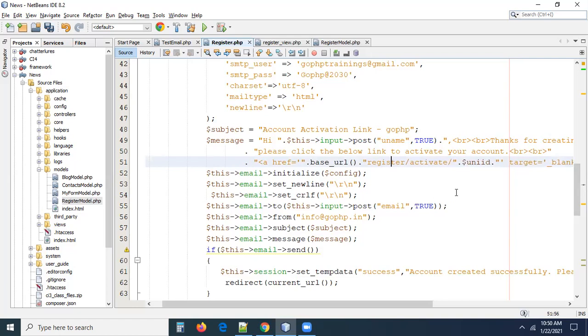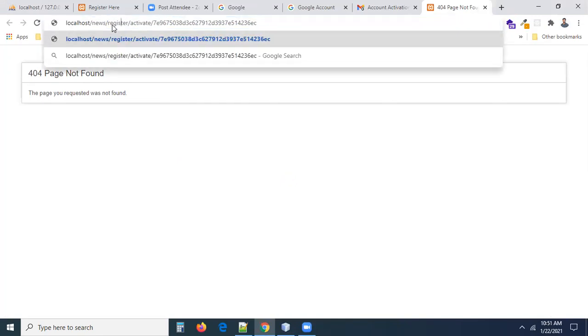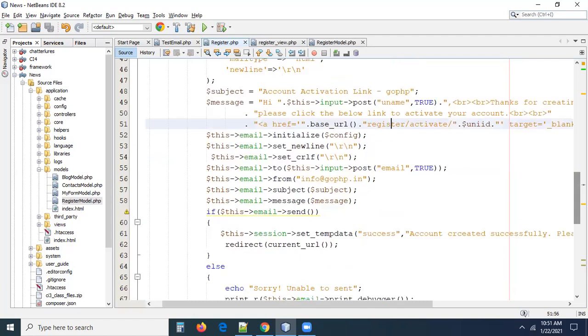That's why it is giving you a mistake. Okay, don't worry, no problem. So I'm changing this to register. Now you can see this is the UniID. Now what we need to do, guys, here, get this. You already get the UniID. Based on the UniID, you are going to write a query to check what is the status of you.